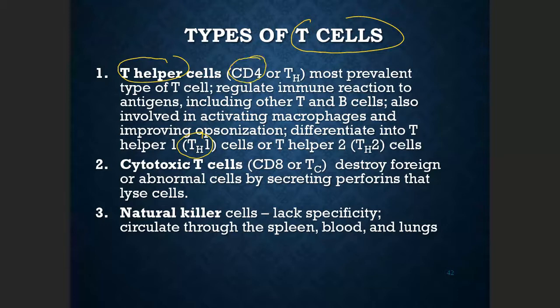The second one is called the cytotoxic T cell, or sometimes it's called TC. And they actually develop from CD8. So when we hear about CD8, this is the same as the TC, cytotoxic T cell. Another type of T cell is called a natural killer. This is the T cell that lost their specificity, so they are actually able to fight any type of infection. But this T helper and TC are the ones that are really important for our immune system for specific immunity.